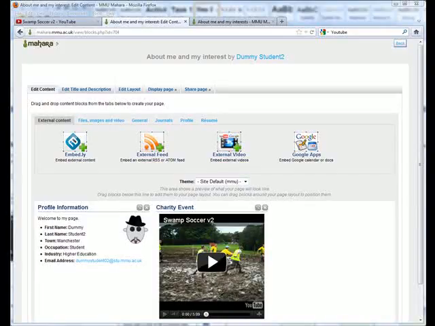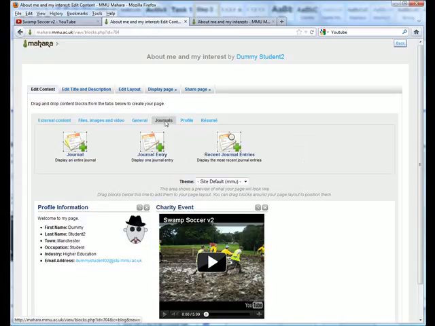So one of the things that we did in an earlier task was to create a journal and to add 1 or 2 journal entries. So what we're going to look at next is how we can make use of that content in the context of our portfolio pages. So the first thing to do is to click on the Journals tab,